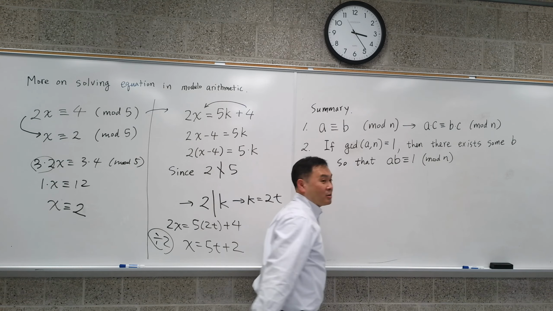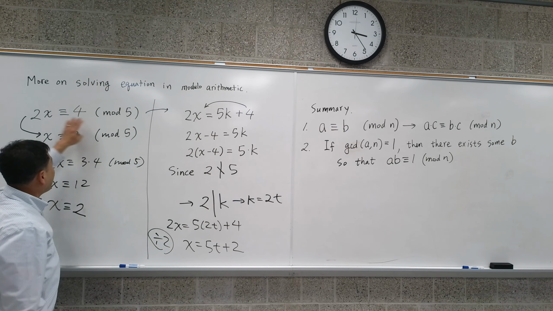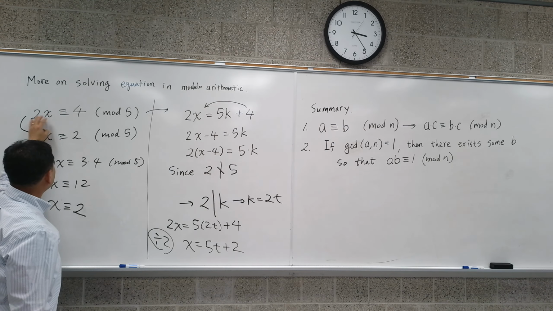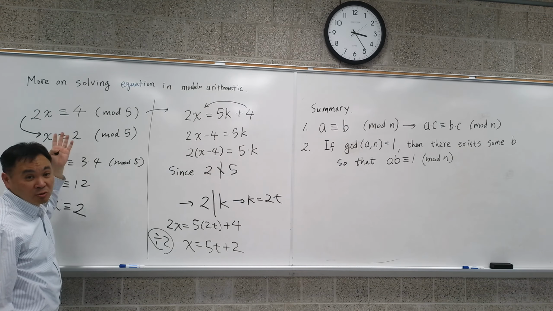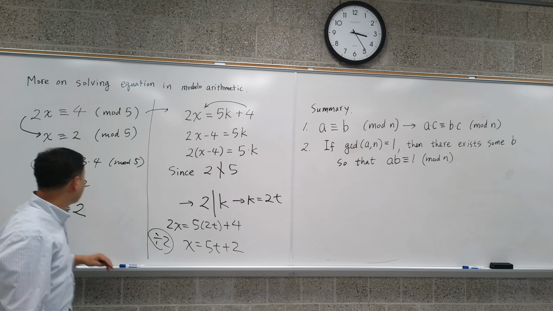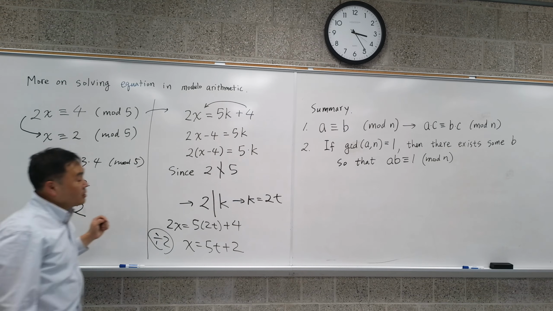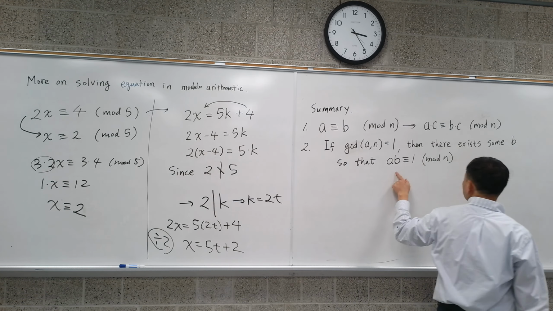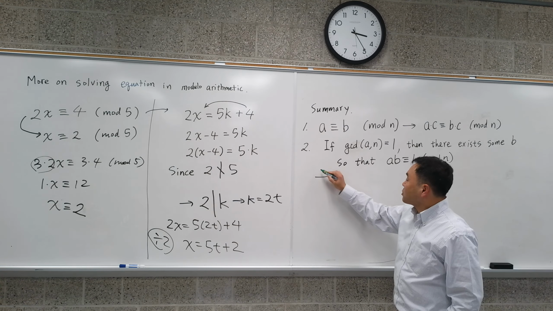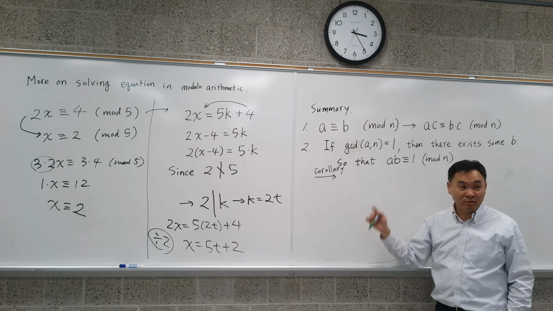In other words, if 2 and 5 are co-primes just like that, they don't share any divisors, right? Then in that case, you can multiply something both sides so that this product turns into 1, which is the basis for being able to solve modular arithmetic. So in this case, if you multiply by 3 both sides, this turns into 1, right? So this justifies the conclusion, or the corollary, that there's an implication, okay? So